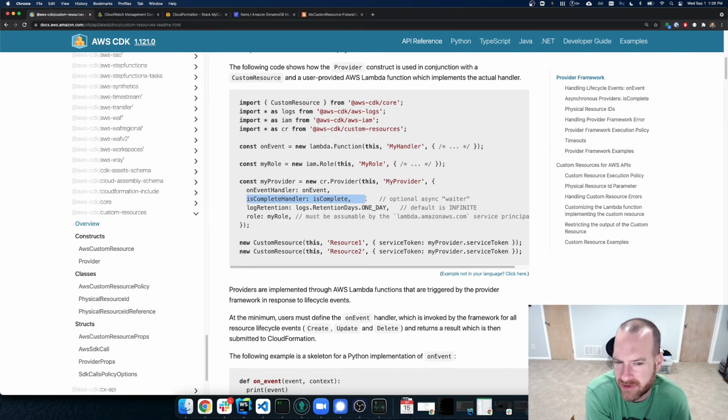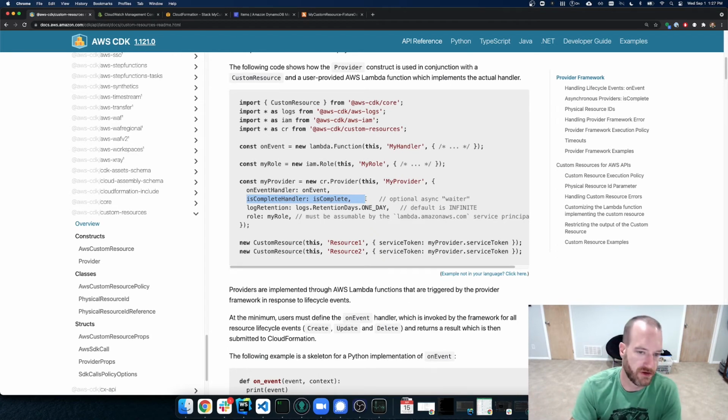You don't really want to take 15 minutes up anyway, but what you could do is initiate some sort of process through that initial on event handler. And then if you've supplied this isComplete handler, it's going to get routinely called by the provider over and over and over again, and that isComplete handler is meant to go out and look to see: is your process done running? If it's not done running, if it's still trying to provision whatever the resource is, then it comes back with a simple false response. If it's all done and everything is good to go, it comes back with a true, and the provider takes